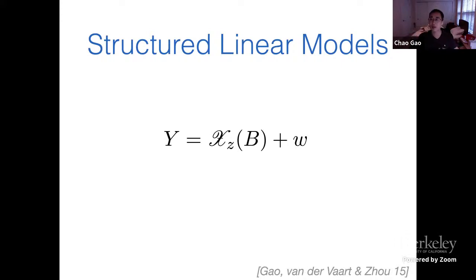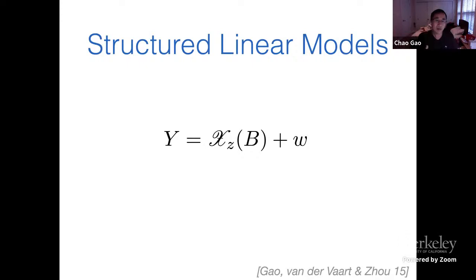This is a framework which I proposed back in 2015 together with Aad van der Vaart and Harrison Zhou. The goal back then was to understand the behavior of a particular posterior distribution for a general class of high-dimensional models, and our goal is to use this general framework to include many high-dimensional models that people care about. But it turns out that, for today's purpose, this framework is also useful to understand the performance of K-means and the generalized power method in phase synchronization.